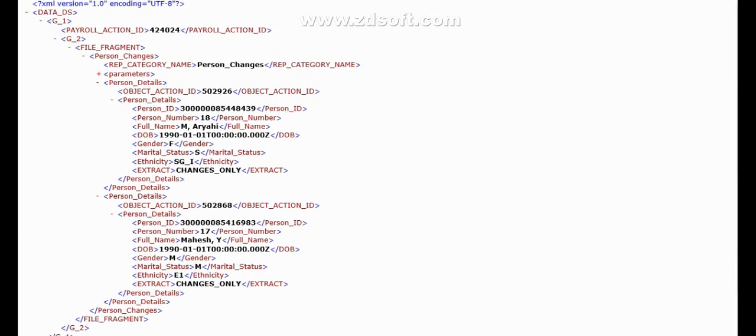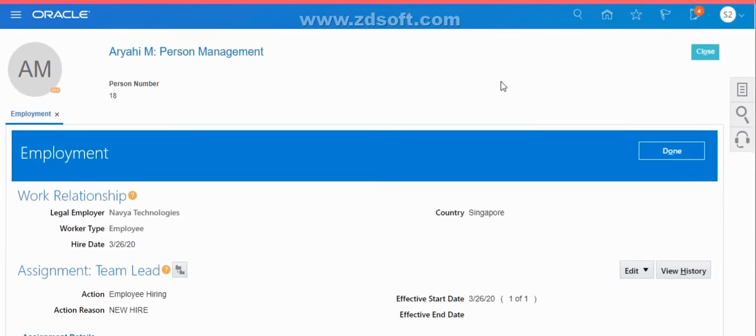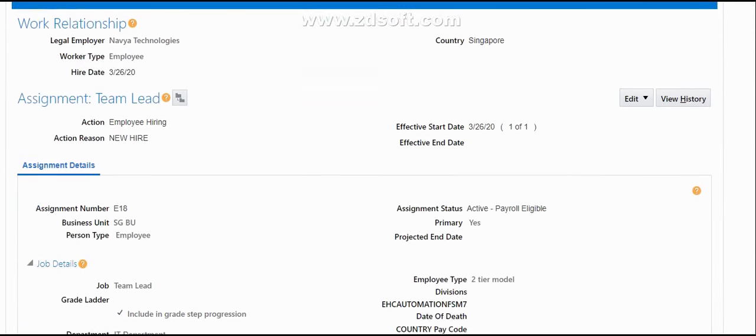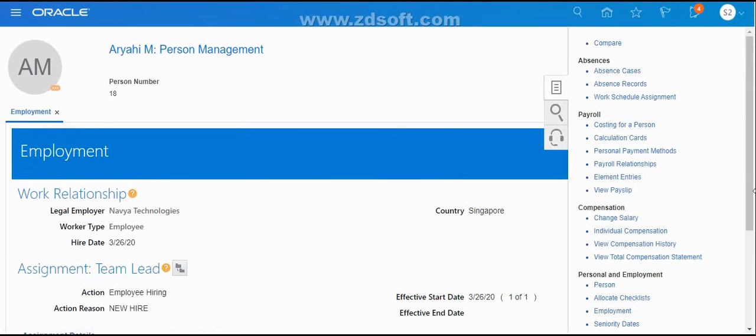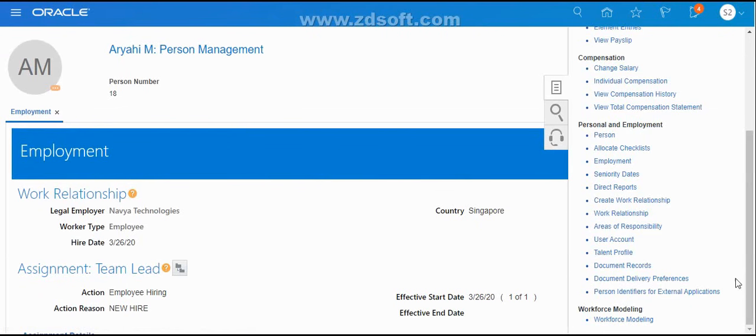The SCM extract is pulling only changed data, not full data. Hope everyone understands. In case you have any concerns, please write your comments below this video so that I can reply to you about how the changes on SCM extract work. If you find any issue, you can create your own SCM extracts and then validate the results. In case you get any issue, let me know.